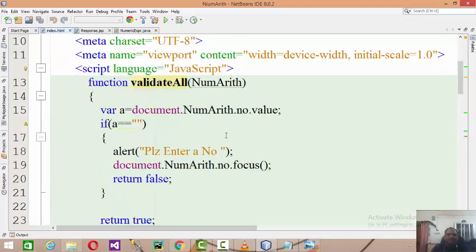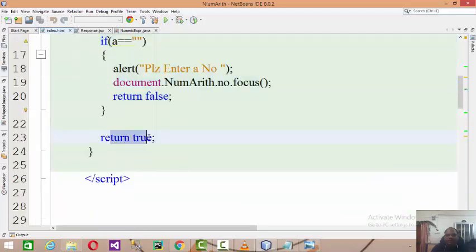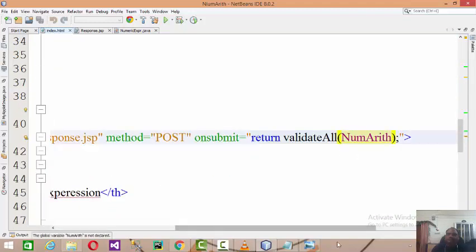Else, here I am not cross checking any other things, whether the entered data is alphabet, or the minimum range and maximum range of the number. Those validations I haven't kept over here. This was just a basic example that blank data should not be posted to the server, right? And if that value which user entered is not blank, then return true. Return true means you can post the data to the server.